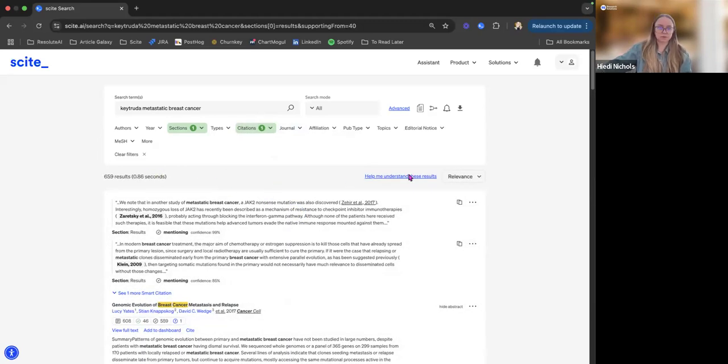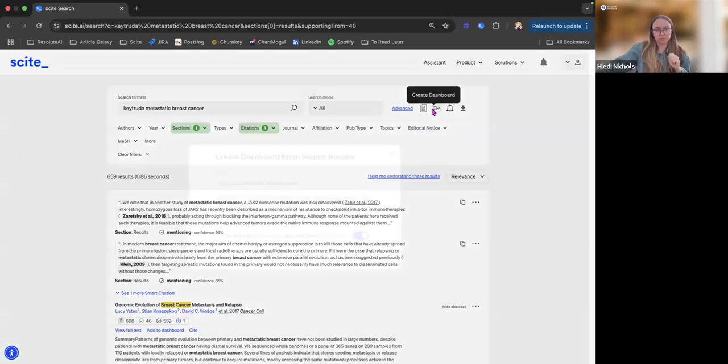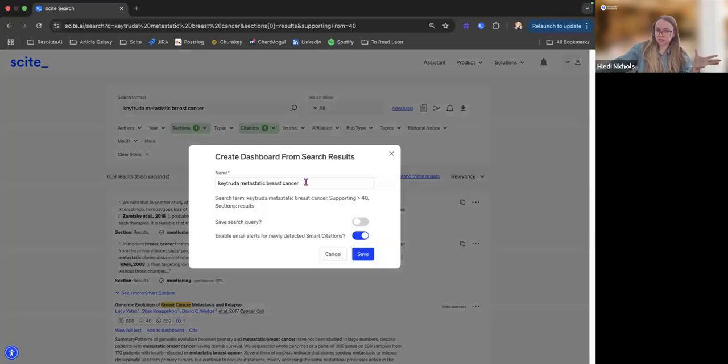So from here, once I'm under 1,000 and I have a data set that I feel is relevant, that doesn't pull in a bunch of false positives or whatever, I can create a dashboard. So it's a great way to aggregate relevant information, narrow down the data set. I can also opt into email alerts or save it as a search, but I'll just go ahead and create